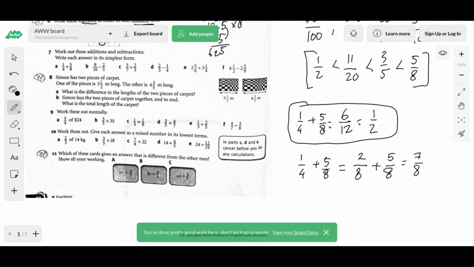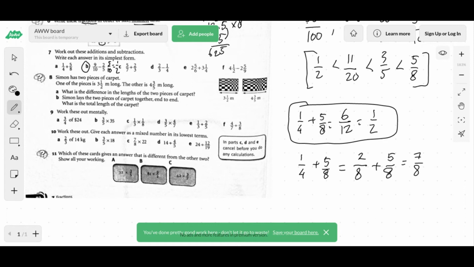Now, Nara, can you tell us the answer for 7B? Just turn the 5 into a 10. And turn the 2 into a 4. Okay, and then? We just subtract 9 minus 4 equals 5. And then after that, we just simplify it further, and then we got 1/2. Nice one.